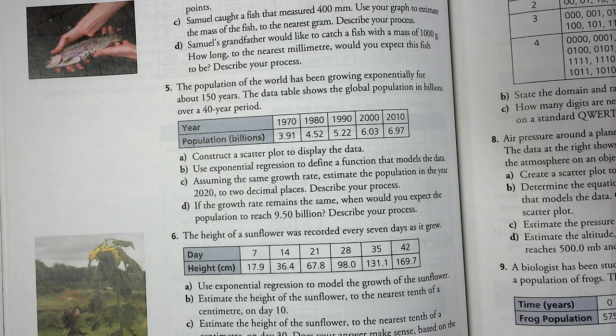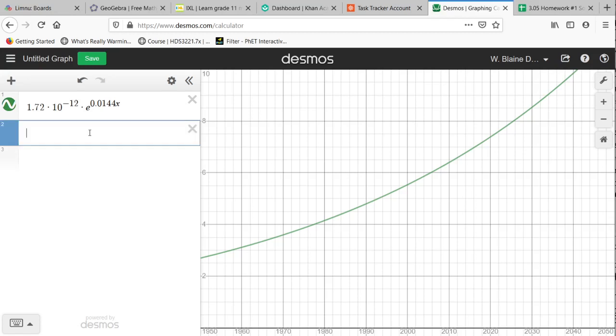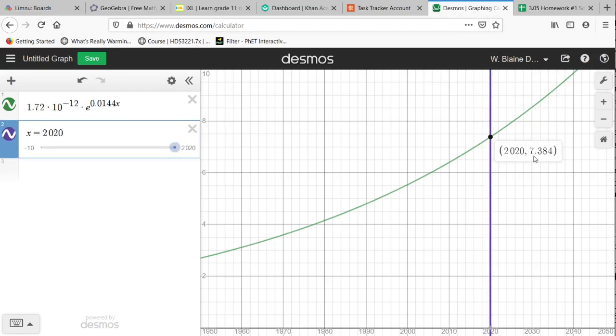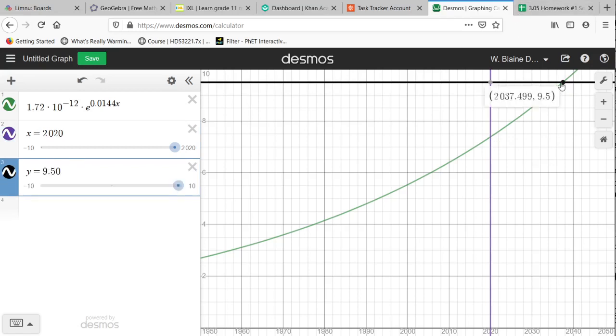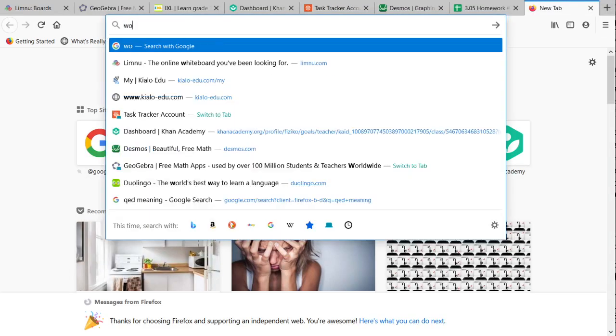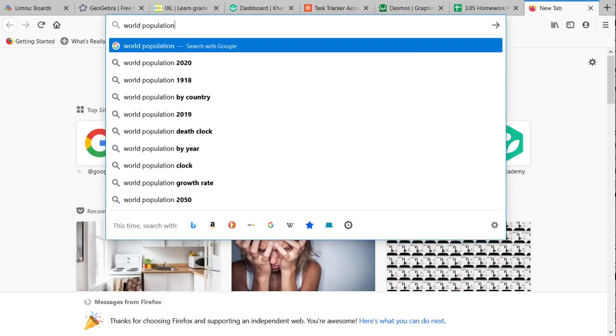So, estimate the population in the year 2020 to 2 decimal places. Well, when x is 2020, this model predicts a population of 7.38 billion. And we hit the 9.5 billion in the year 2037. That's the not too distant future. Again, out of curiosity, I'm going to come back here and see how accurate that 7.384 was. We're going to look at the world population in 2020,